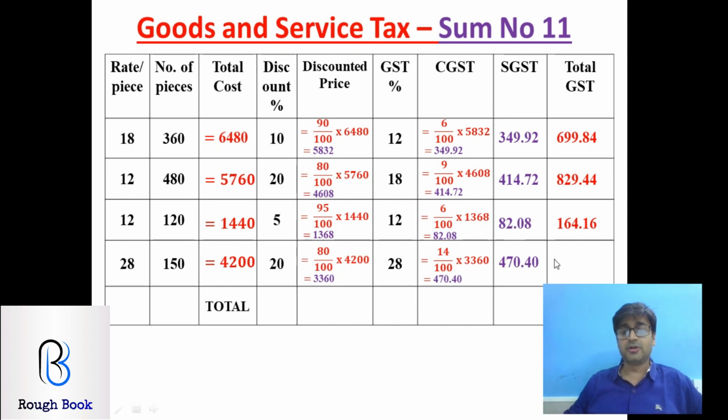Come on, 470 into 2. Get it? The last question, 20,000. Are you getting it correct? 940.80. Perfect. So you won. Get me the total of all the discounted price here. Come on, add it. Pause the video, add it. 15,168. Correct. And total GST, it's blocked by the video.